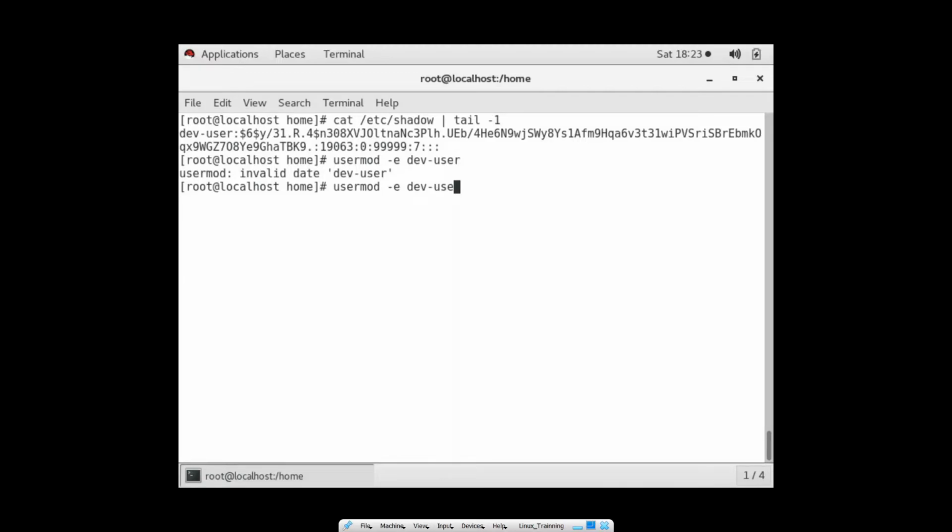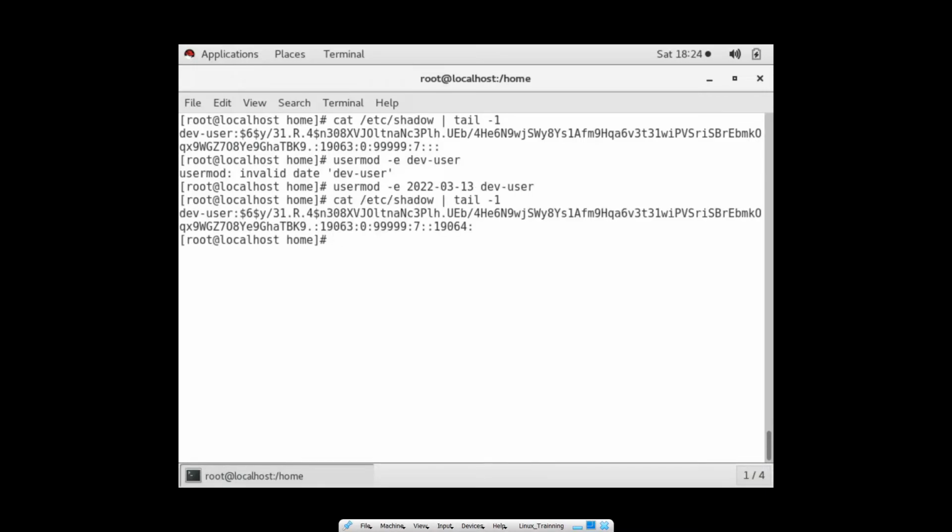Invalid date. Sorry, I have to give the date first. So 2022, I will give a date, let's say 03 and 13, tomorrow's date, and then the dev user. Now if you see here,